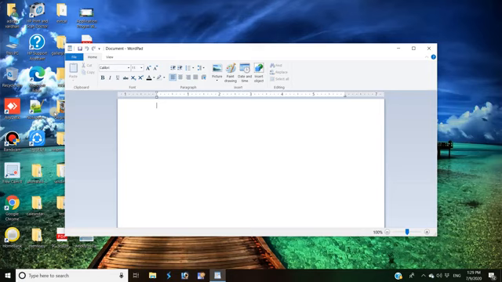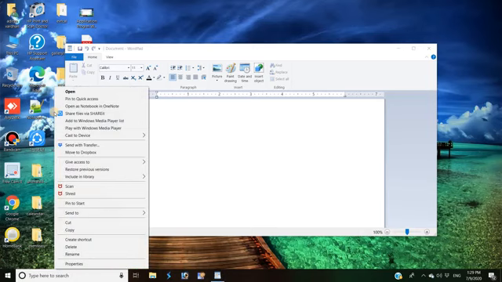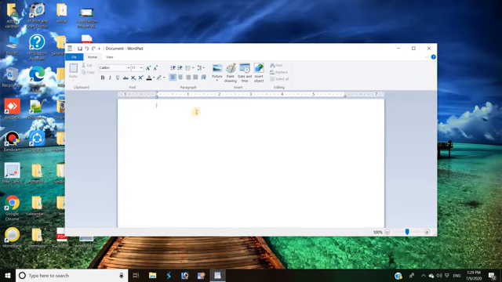As you know, when we open an application or a folder, it always opens with a rectangular frame structure known as a window. There are basically two types of windows. The first one is the application program window, and the other one is known as the Explorer window.